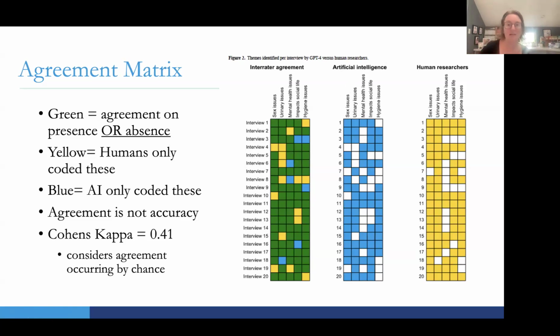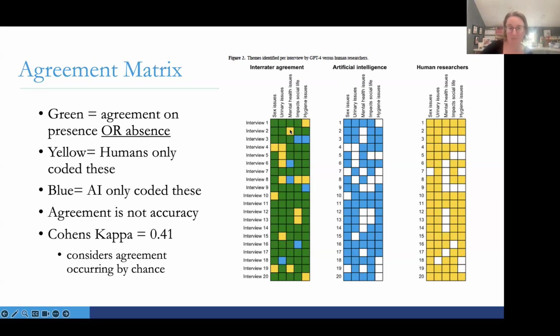That's just a topic. But nevertheless, the AI in interview one, number one here, found, yes, in fact, there was discussion of sex issues according to the definition in interview one. So it's blue. And the human found it too. The human thought the same thing. And so it's yellow. And so over here in the agreement matrix, they've highlighted it as green, showing that the human and the AI agree with each other. So you can look across this and you say, oh, wow, look at that. There's a lot of green on this agreement matrix, which is fabulous.